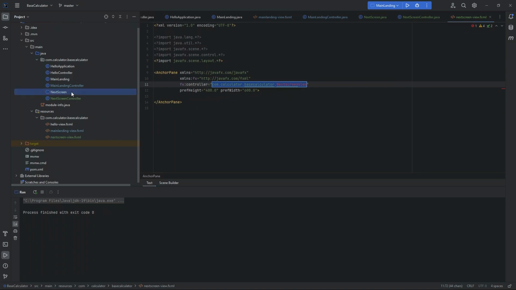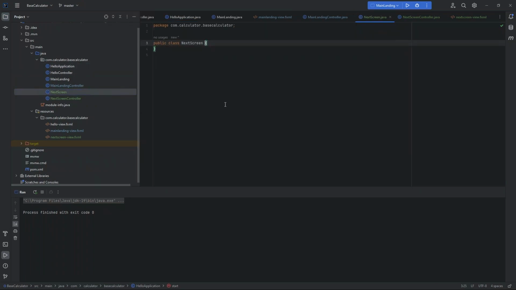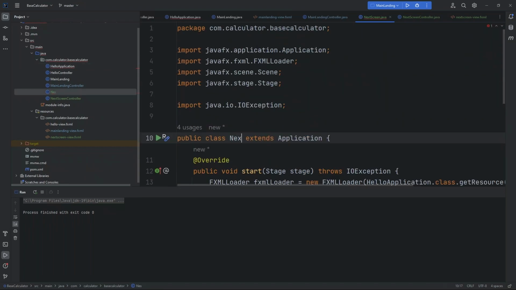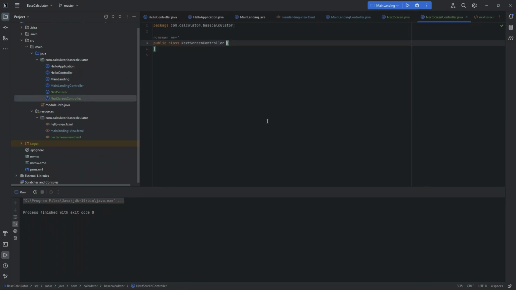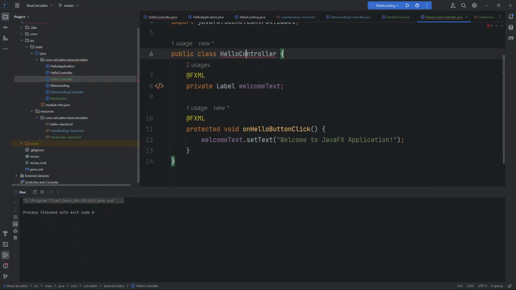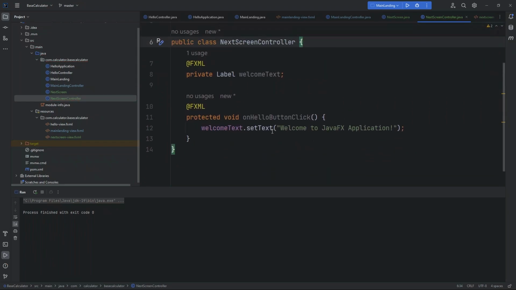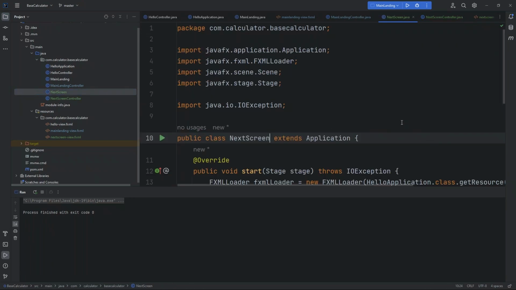Now I need to copy something from the previous classes to here to create the template successfully. So change the last name from HelloApplication to NextScreen, and I'm gonna do the same thing for this NextScreenController. So I can simply copy all of them from the HelloController and paste it here, and I can simply change the last name from HelloController to NextScreenController. All right, now I can delete these because I don't need them right now. In the next screen,